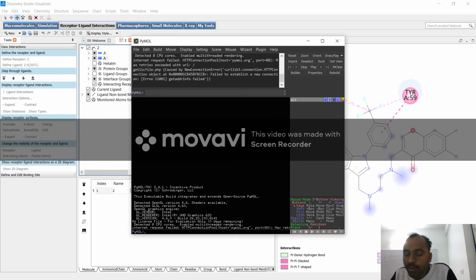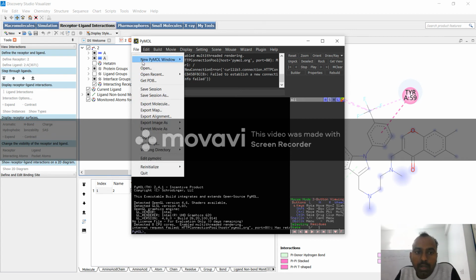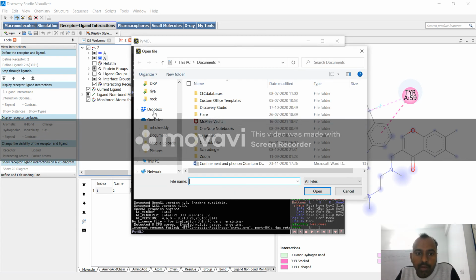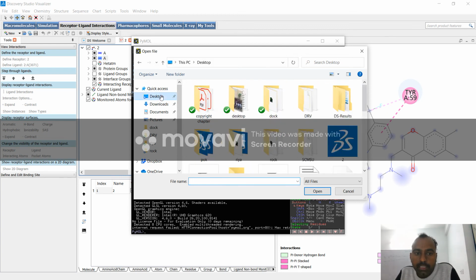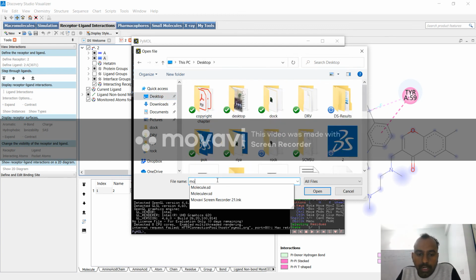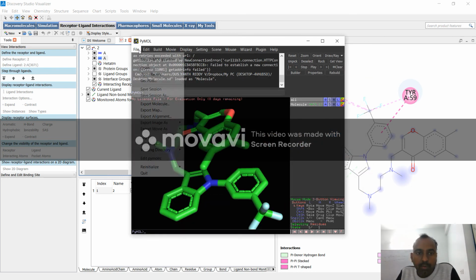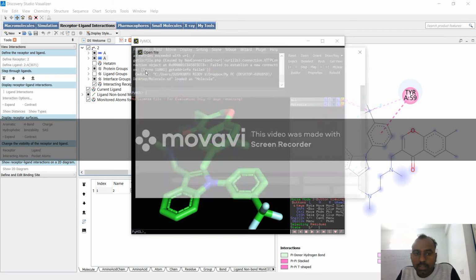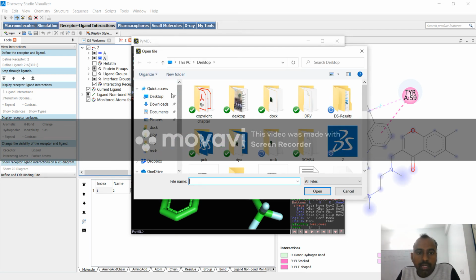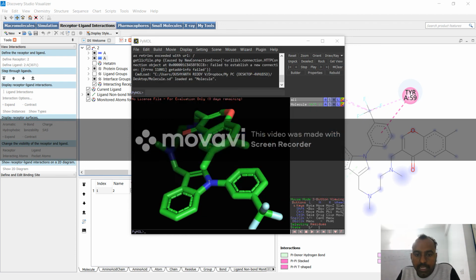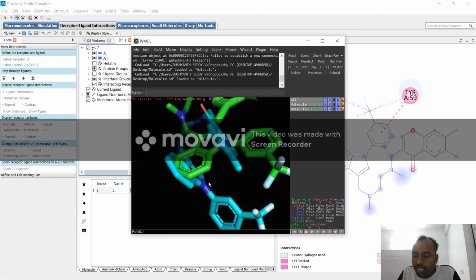So for that, I already saved those mol formats on my PC. Simply I will input those molecules, open. Simply I will go for desktop. I already saved my molecules, that is molecule. So again I am opening it. Second thing is I will open one more molecule which I have already docked. So here I will click on desktop, molecule VSD. So now these are two molecules. Now I have to verify how much my docking data is matching.